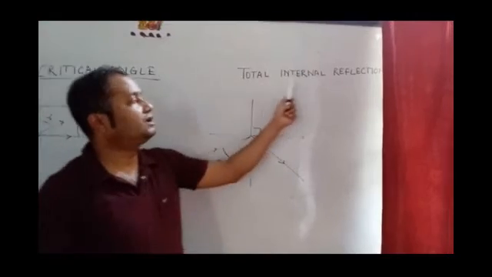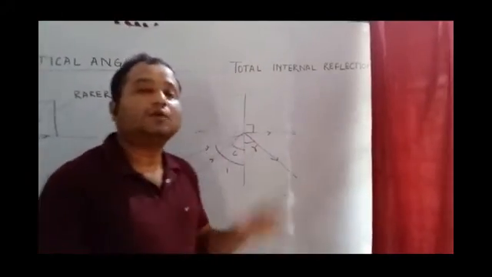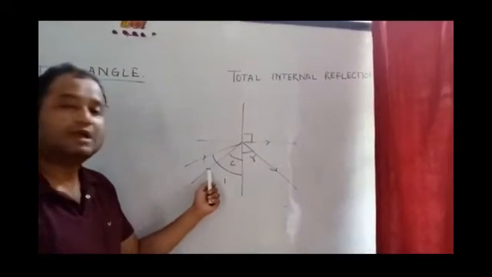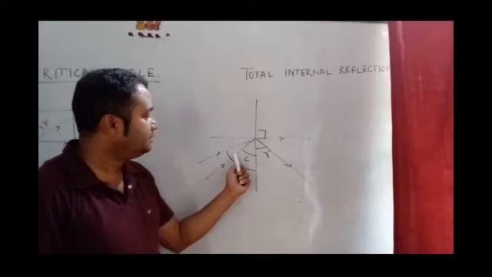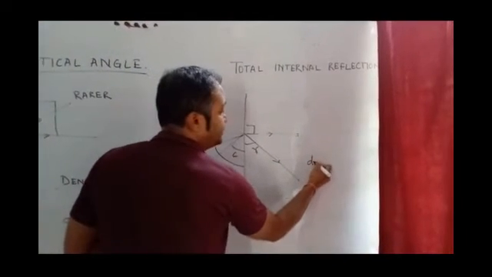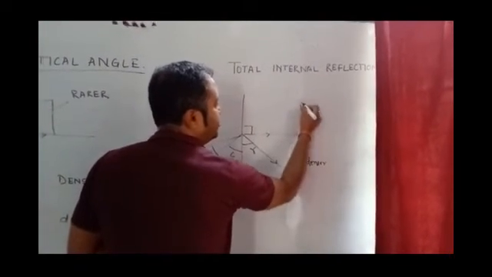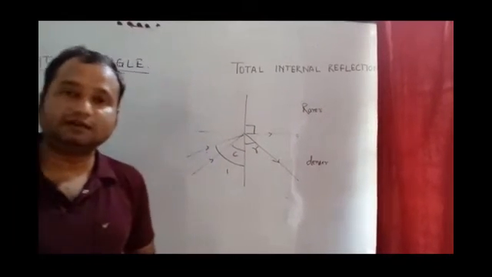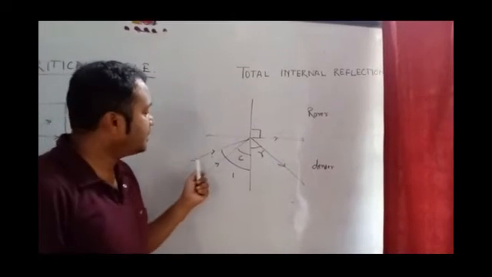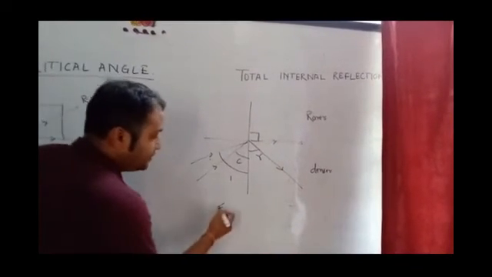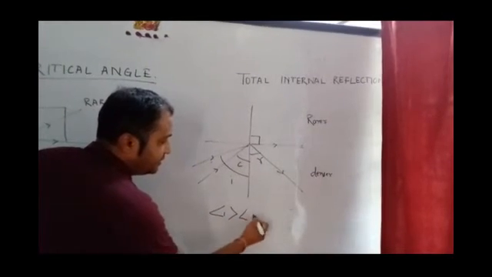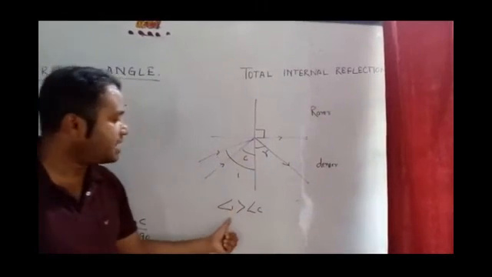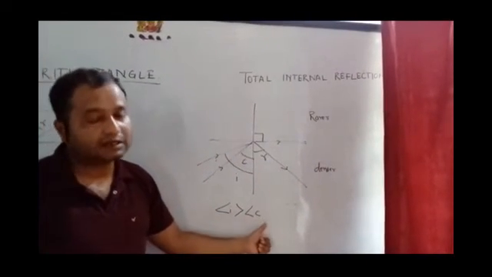Next heading is total internal reflection. Students, over here again the ray should start from the denser medium. We very well know for critical angle, the ray should start from the denser medium, enter the rarer medium, and the angle of refraction becomes 90. This we already learned. If a ray of light starts from the denser medium and the angle of incidence becomes greater than the critical angle, I repeat, the ray should start from denser, enter the rarer medium, and the angle of incidence becomes greater than the critical angle,